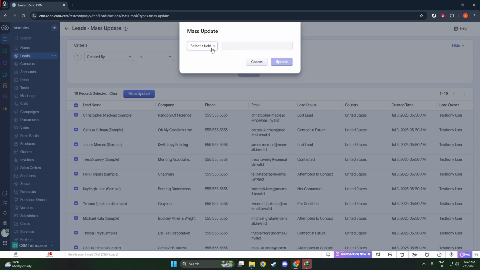And there you have it. A straightforward yet powerful way to perform mass updates in Zoho CRM. By following these steps, you can keep your data current and organized, helping you to maintain an efficient and effective